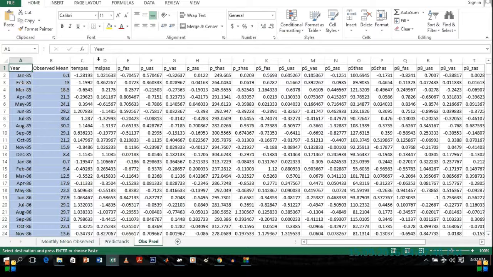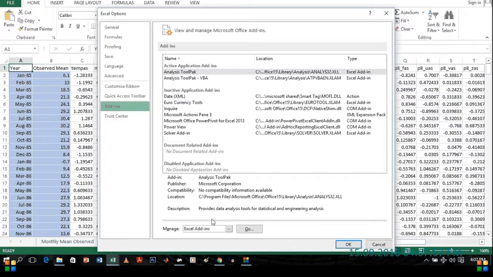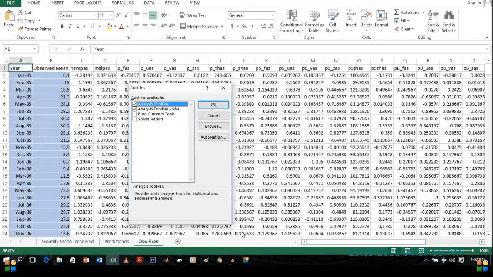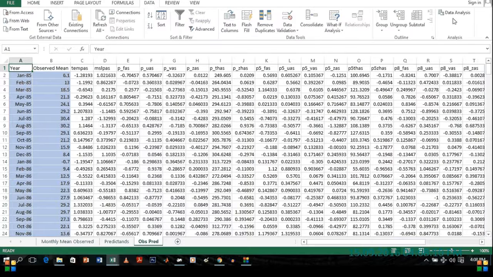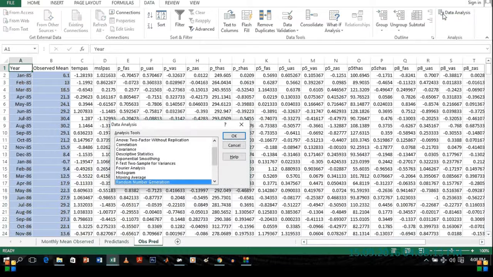In order to do this, we'll use the Data Analysis ToolPak of Excel. The Data Analysis ToolPak isn't activated by default and needs to be activated manually. So you will click on File, Options, Add-ins, click Go and select the Analysis ToolPak. I have already enabled it, but you need to enable it. So click OK and go under Data, press Data Analysis,